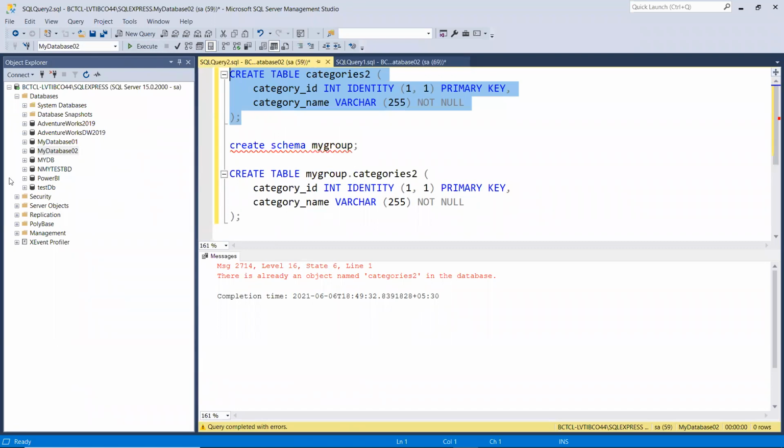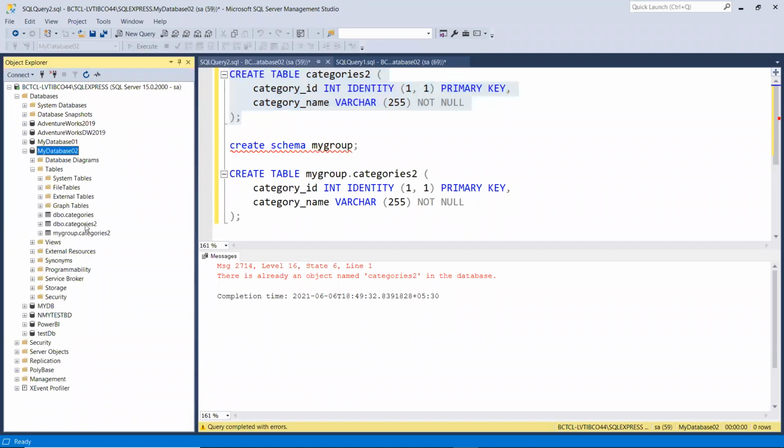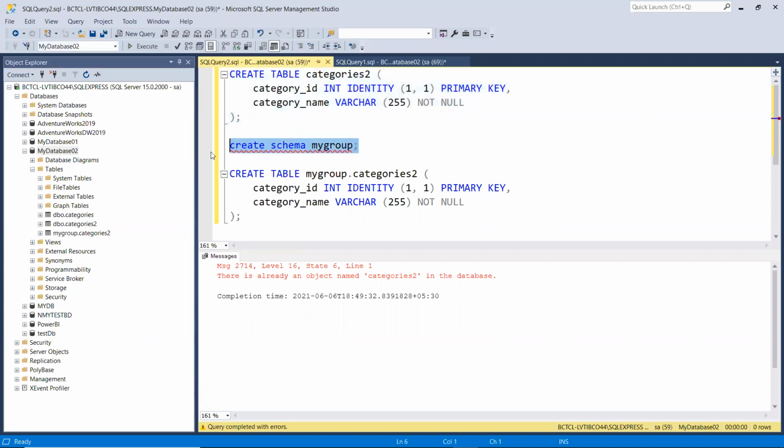Okay, but then if you see, I have two tables with the same name. That is because they are coming from different groups. When we write my group, just like a name, not my group, any other name, we have to write it before executing create schema, or can we just create a table and type my group or own group, then category one?